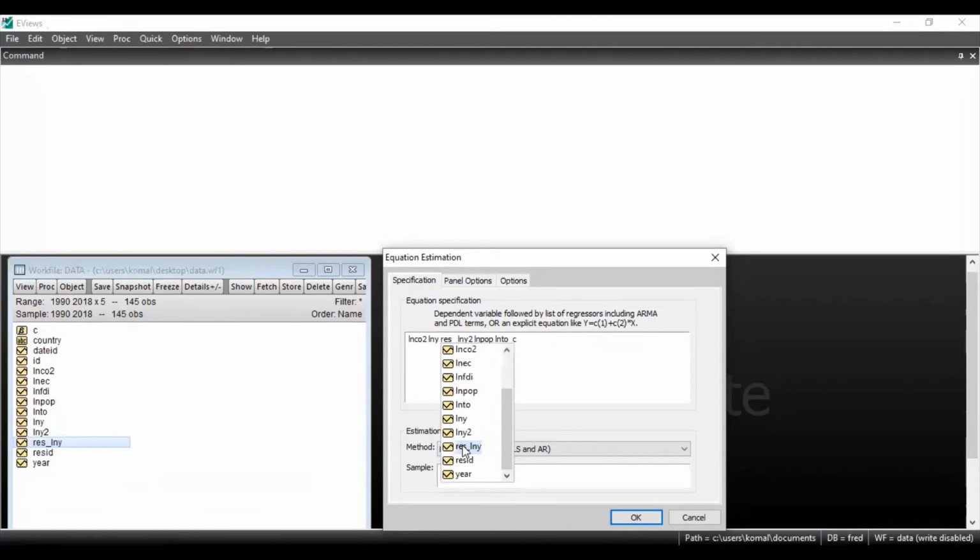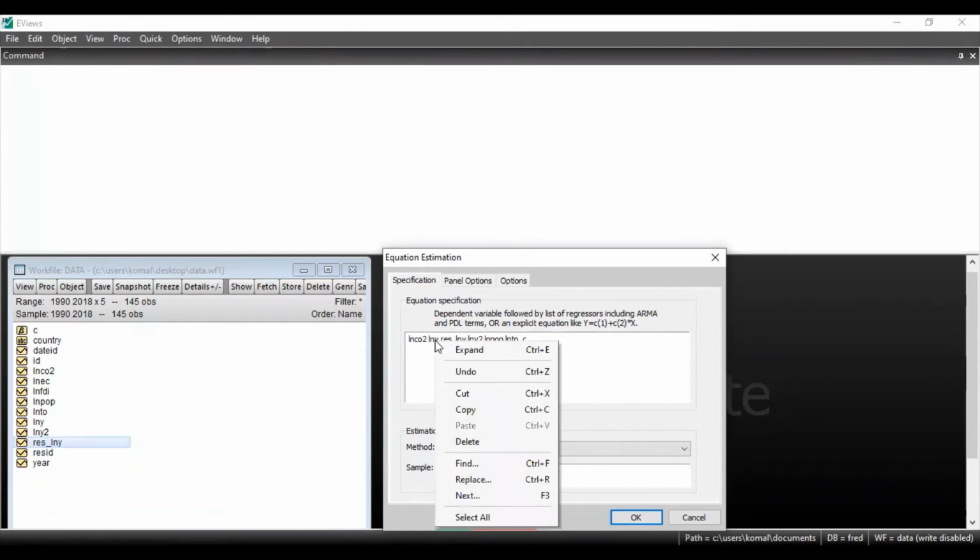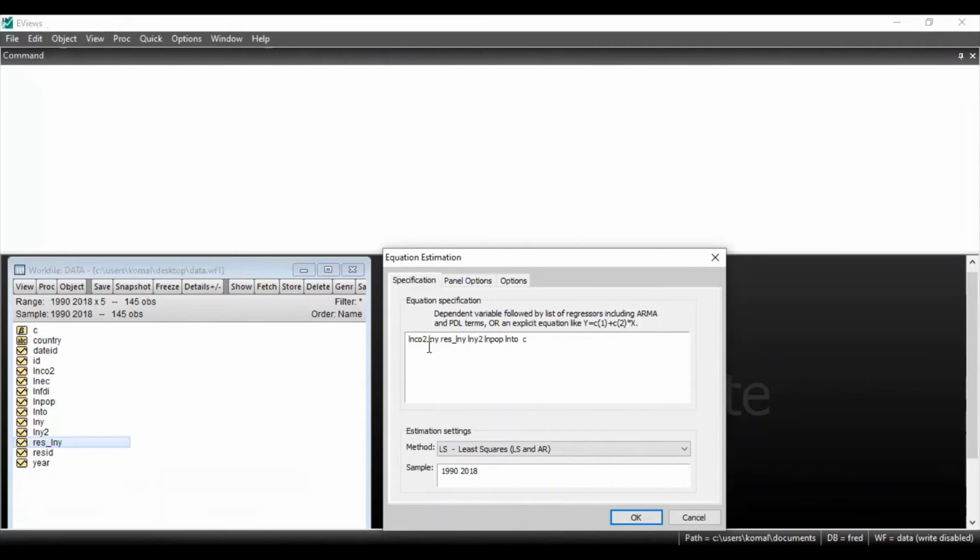Okay. However, you can remove the variable ln y because ln y and residual of ln y together might generate the problem of multicollinearity in the model. Okay, so you can keep the residual variable and you can remove this ln y over here, right? So once you have specified your equation in this manner, you need to click on OK,